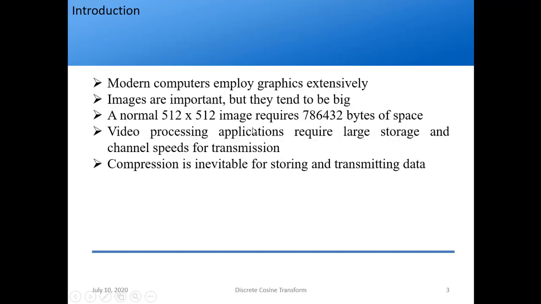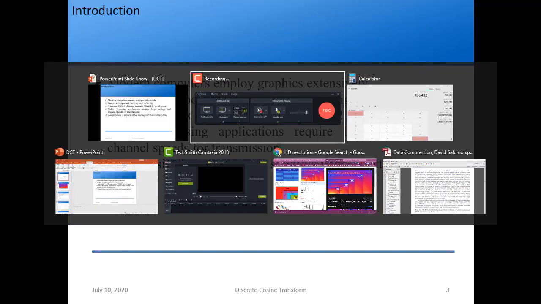Let's try to calculate. We are talking about images, right? Text was 1D data, but an image is 2D data, because you can see along the x-axis as well as the y-axis. An image can be black and white or a color image. Usually we prefer a color image. The colors are represented by red, green and blue, RGB colors. Each color represents 8 bits. So for each pixel we have 24 bits, RGB representing 8, 8, 8. So 24 bits for each pixel. Let's see what happens with that.